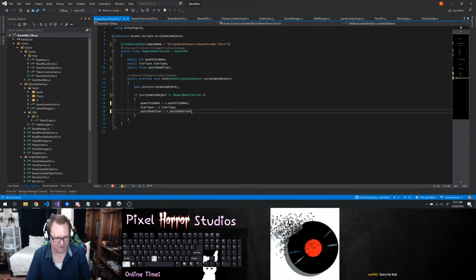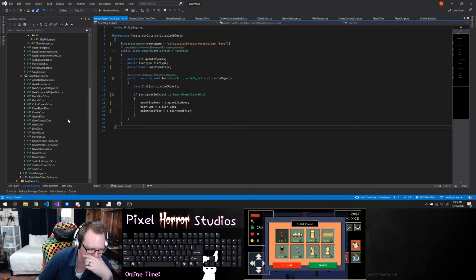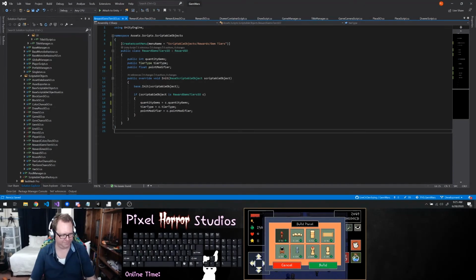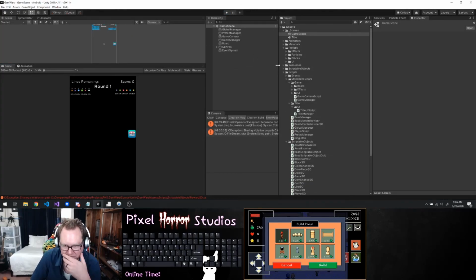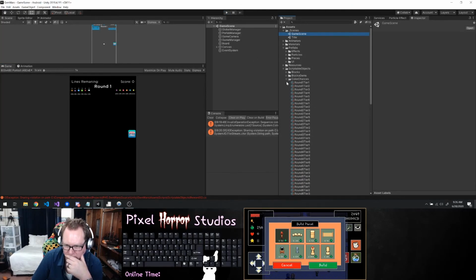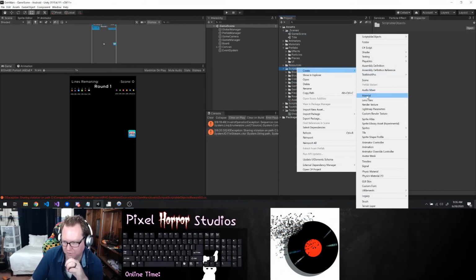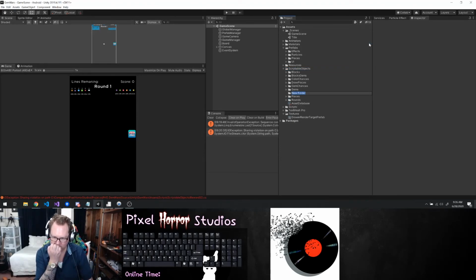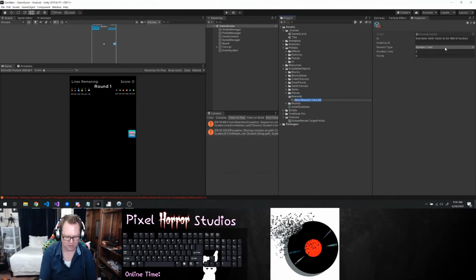Okay. That looks good here. So now that I've got my three types, if I jump back into the game, underneath my scriptable objects, I'm going to create a new type here called rewards. And we want to create a rewards here called lines. And we're going to call this rewards lines of 1,